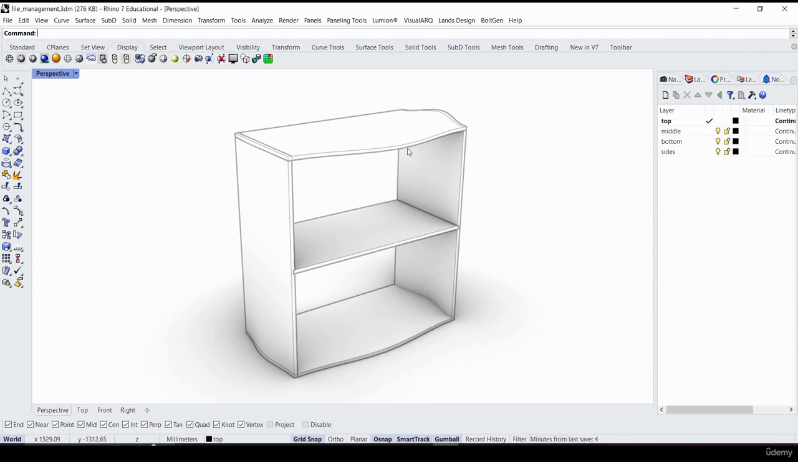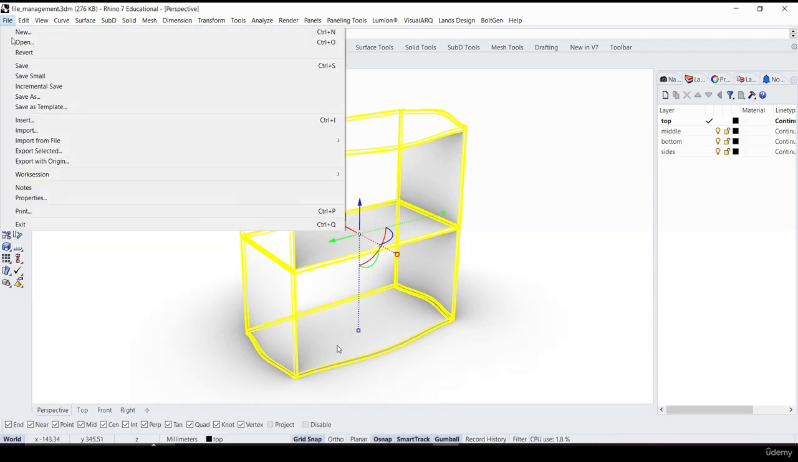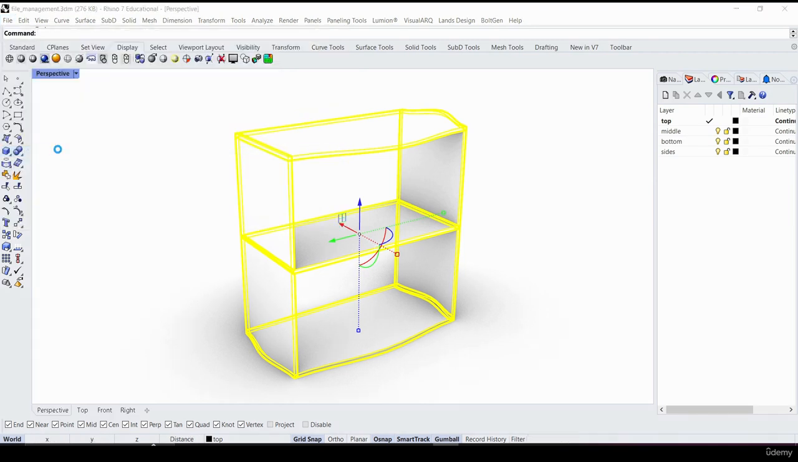One option is I can choose a single object from here and export that object, or I can choose the whole thing. Then what we have to do is go to the File menu, and go to the option which says Export Selected. If you click that,